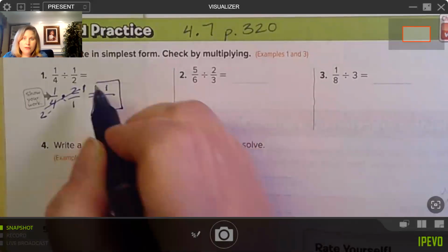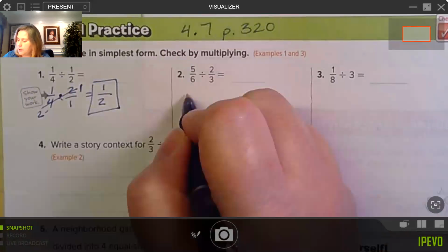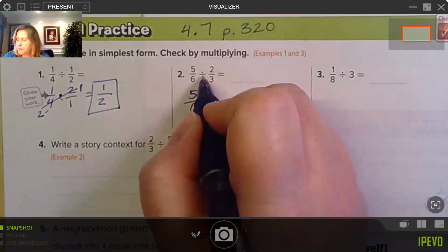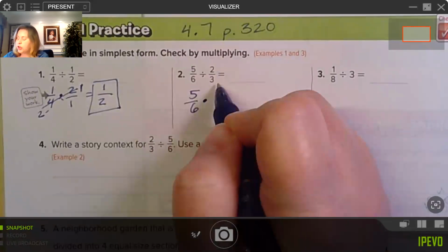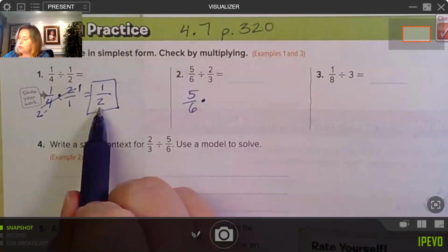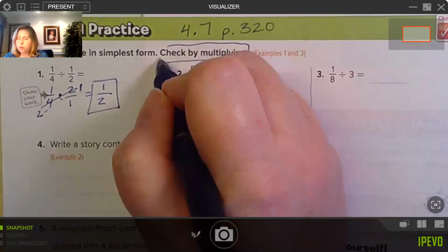number 2, we have 5/6 divided by 2/3. So 5/6, I'm going to change the divide to times. And then, oh, and I didn't check. Let's go back and check this one. I'm sorry. So to check by multiplying, the same way that we did in elementary school, we taught you